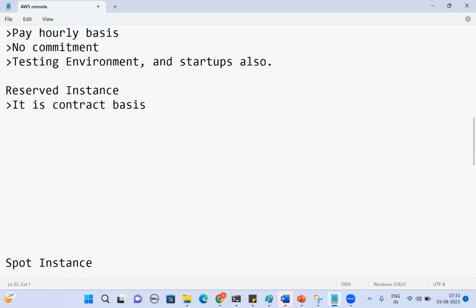On demand is a pay-as-you-go model only. You can power on and power off. But here you're already having a tenure of 1 year, right? So the reserved instance will be very useful here because based on the contract basis, the billing will change. A person who wants to use it for a certain period of time will go for the reserved instance. Okay, and coming to the next point,